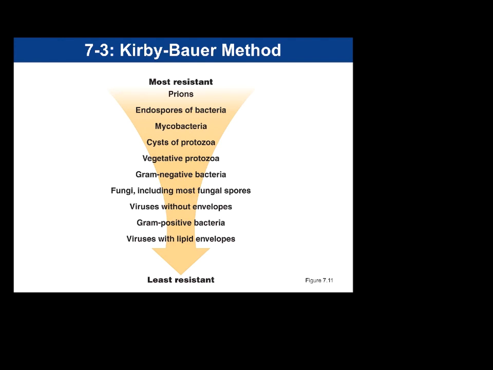This figure is in the Tortora book, but it's just showing you the difference in cell structure or overall microorganism structure as to what makes an organism most resistant to least resistant. So prions, however you want to say that, are those proteinaceous infectious particles. So they're essentially a misfolded protein, and they're a cause of a lot of neurological diseases. Bovine spongiform encephalopathy, you may know it as mad cow disease, Creutzfeldt-Jakob disease. Prions are an infectious, kind of a